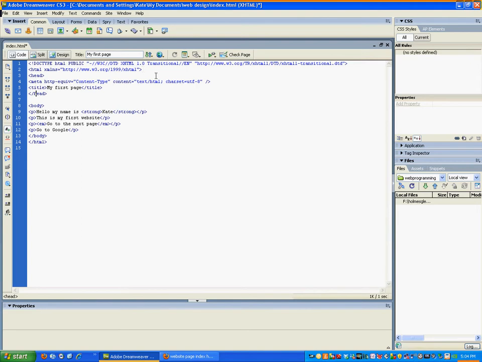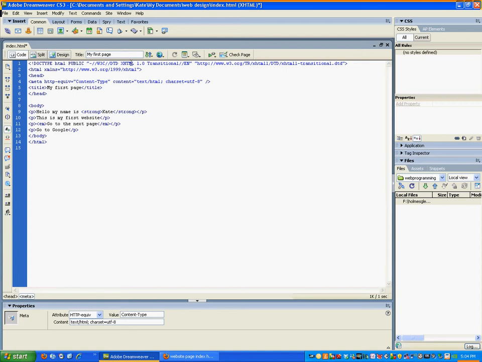So you can see here with this meta tag, there's actually no closing meta tag. So what they've done instead is just added this little slash right at the end of that tag. So it's just one tag, but it's got that closing bit at the end to show that that tag's been closed off. Also, in the older versions of HTML, you might see older web pages actually have all these tags